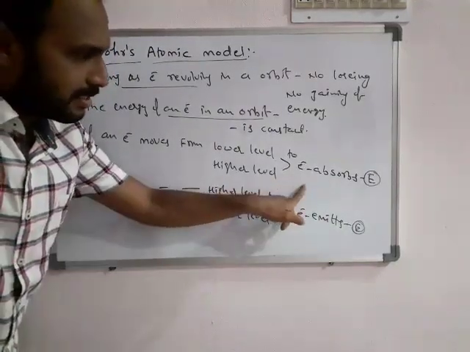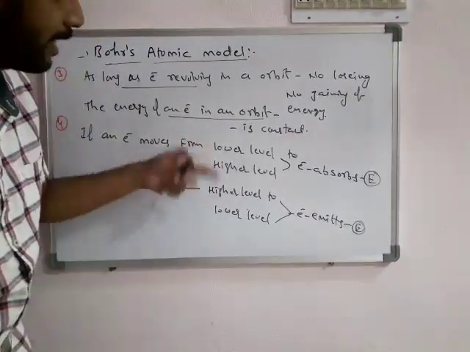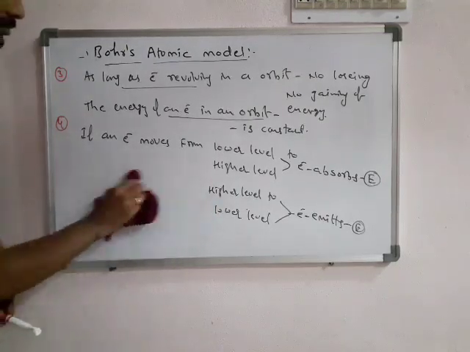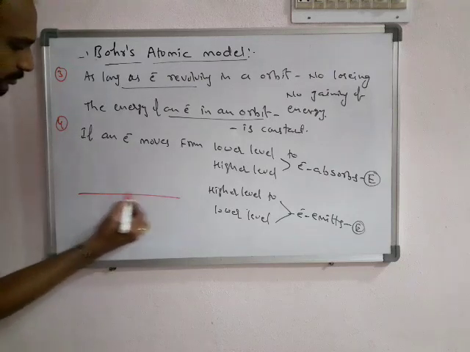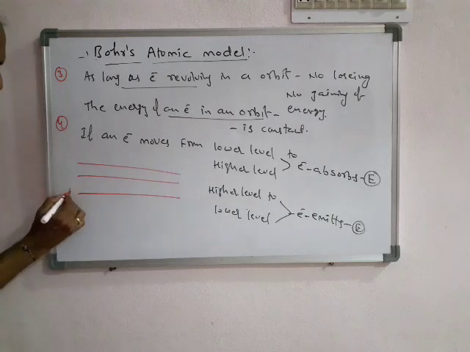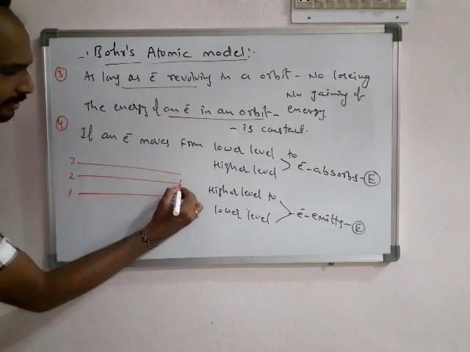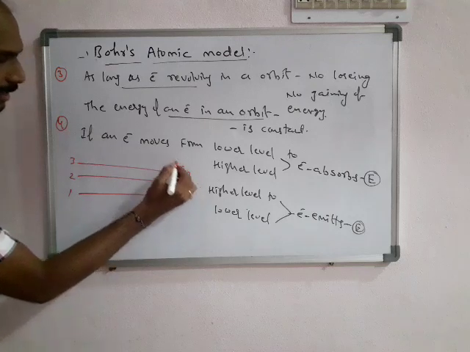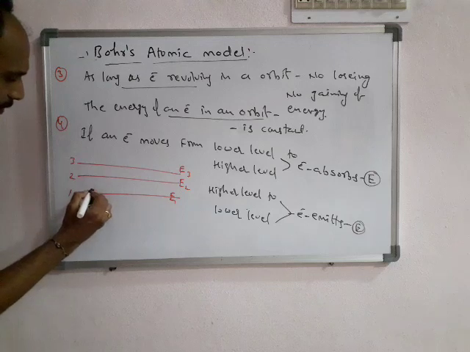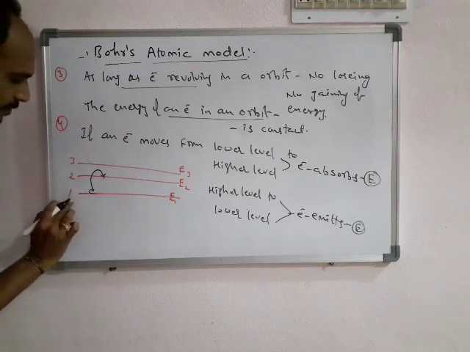Now how much energy is released, how much energy is absorbed? It depends on the difference between the higher level and the lower level. So for example, here we are taking different levels. This is the first level, second level, third level. Its energy is E1, its energy is E2, its energy is E3, like this. If the electron jumps from the first level to the second level, అంటే ఫస్ట్ లెవెల్ నుంచి ఎలక్ట్రాన్ సెకండ్